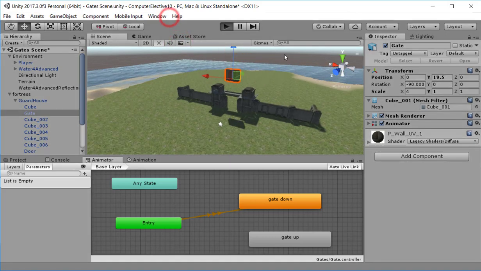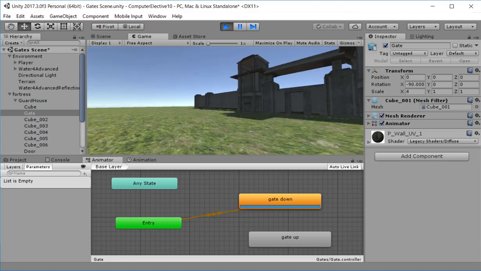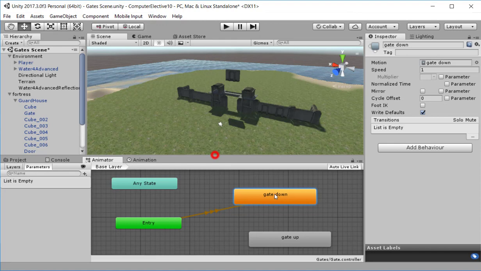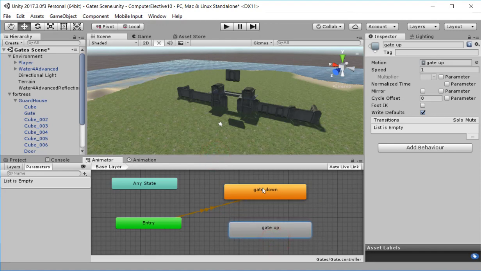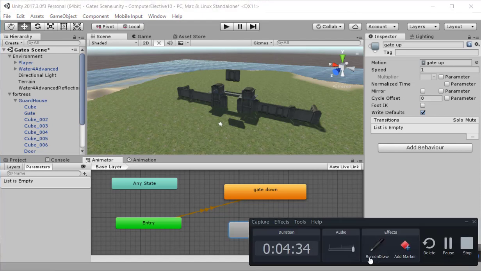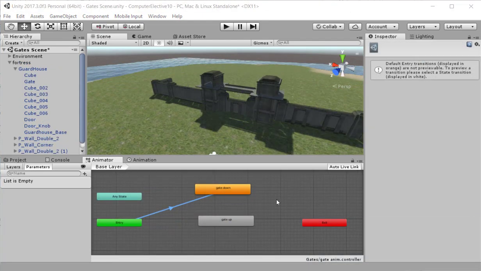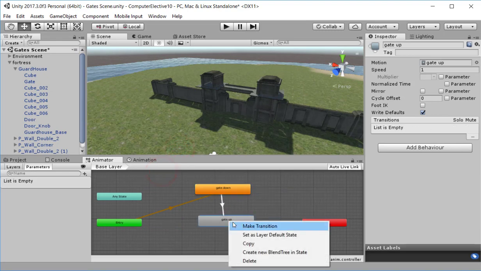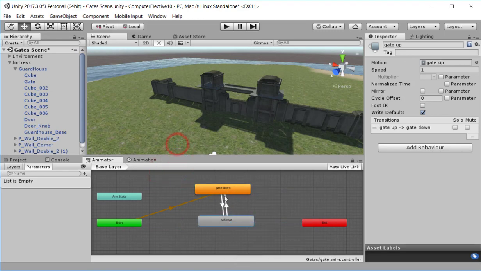I'll just show you again what I mean. See how it jumped to 11 no matter where I put it, right? Because that's the animation. But it's okay. If we fix this correctly, the logic here, we won't have that problem. So to control this animation, the first thing we're going to do is we're going to make a transition between these two. So right click and make a transition. And the other thing is right now, this in the beginning goes directly to the gate down, which you really